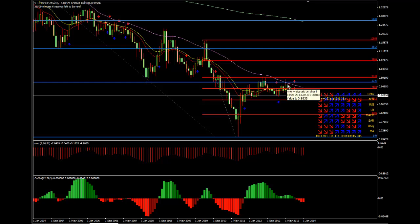So the US dollar has failed to rally recently against the 23.6, and if it continues to do so, then we could expect further resistance, which would then be a negative outlook for the US dollar against the Swiss franc. We have seen a lot of selling or shorting opportunities through most of 2013, even though it has been quite stagnant. We have seen price falling lower. However, you can quite clearly see price has now consolidated over the past couple of months at the 38.2 weekly fib level. So if we are to see any further negativity for this particular pair leading into the start of